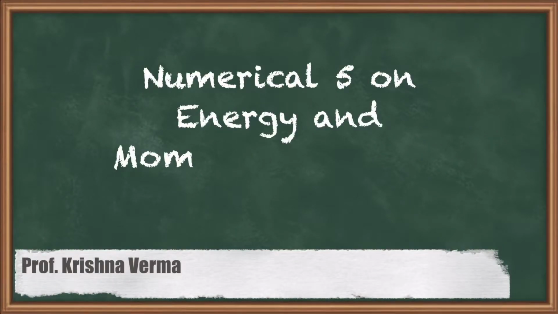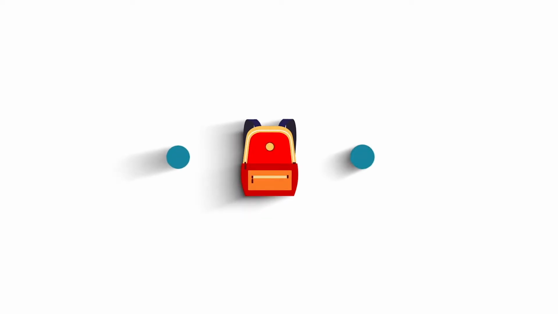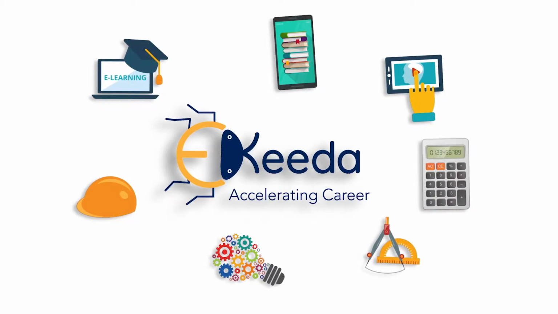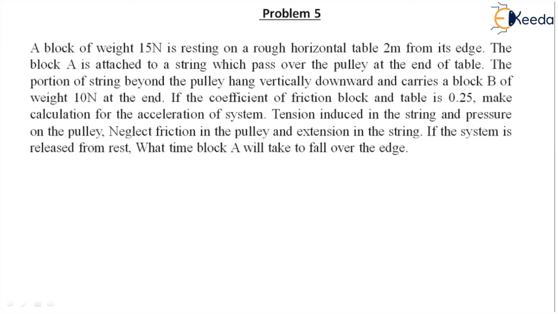Hello, let's discuss another numerical which is related to concepts of motion of two bodies which are connected at the edge of the horizontal surface. So here, first I'm going to read the numerical, then I will tell the concepts when two bodies are connected to each other and when two bodies are in motion, how they actually act and what kind of forces generally act on the bodies and what terms we consider during the motions.